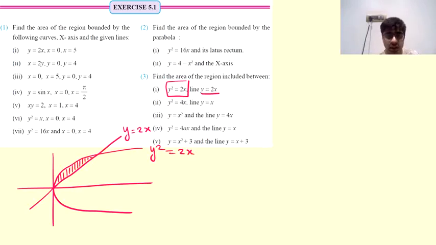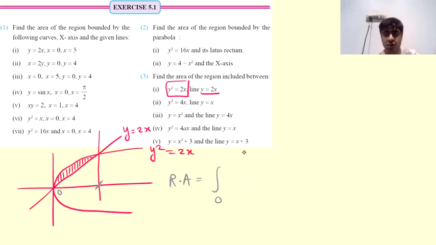So it's very clear that we can integrate the parabola first, and integrating the parabola from 0 up to this point, which is the point of intersection, will give us the entire area here. But we don't want that entire area. From that entire area, we need to subtract the area which is there under the line. So the required area, that's going to be integration from this point, which is 0, up to the point of intersection, that we will just find out.